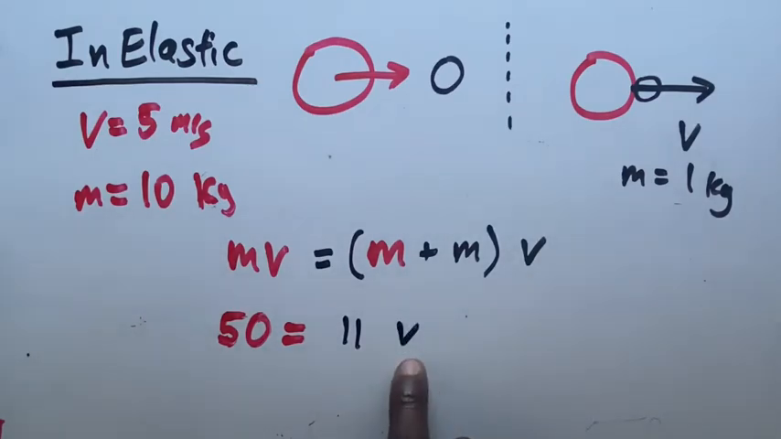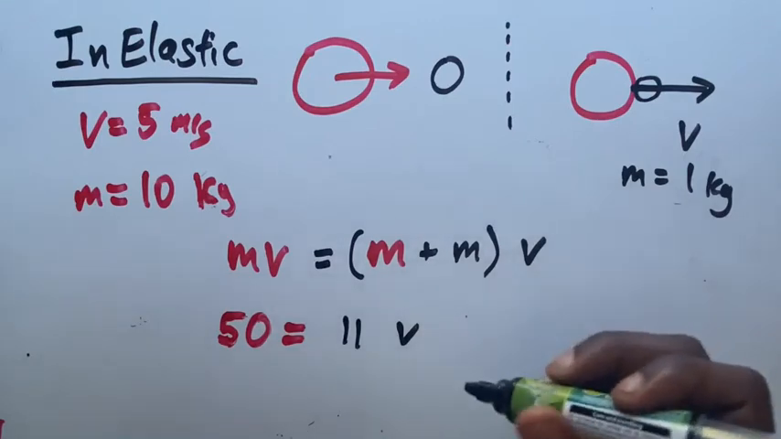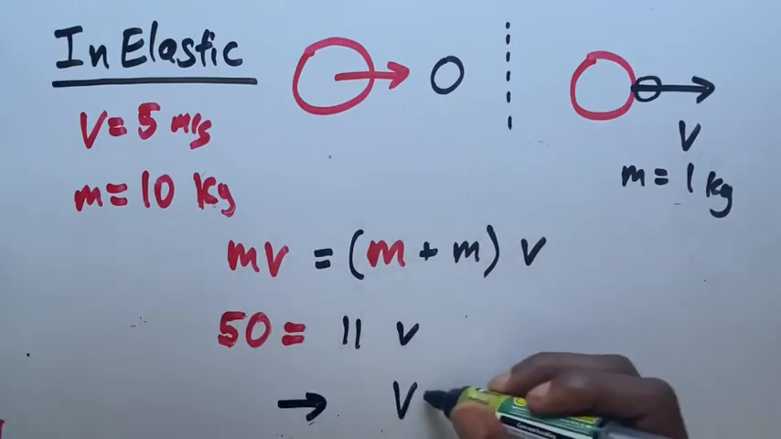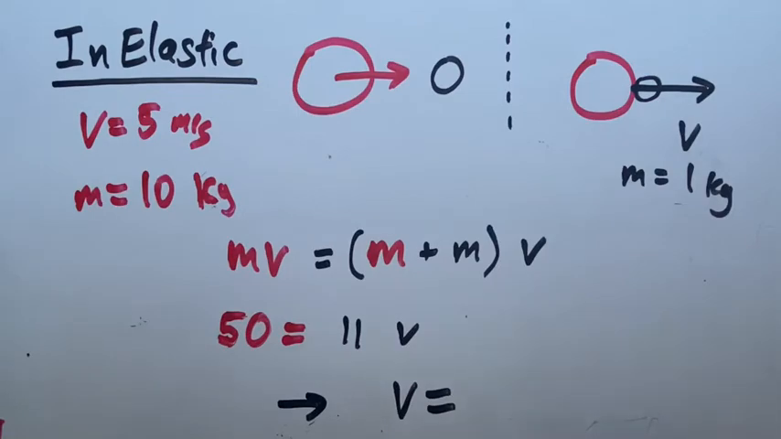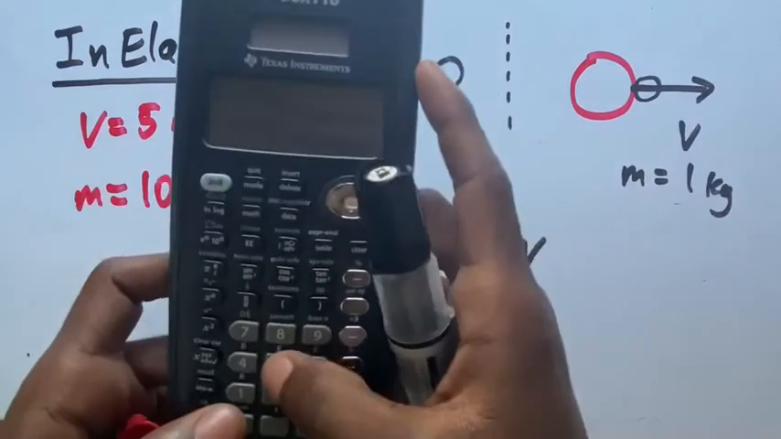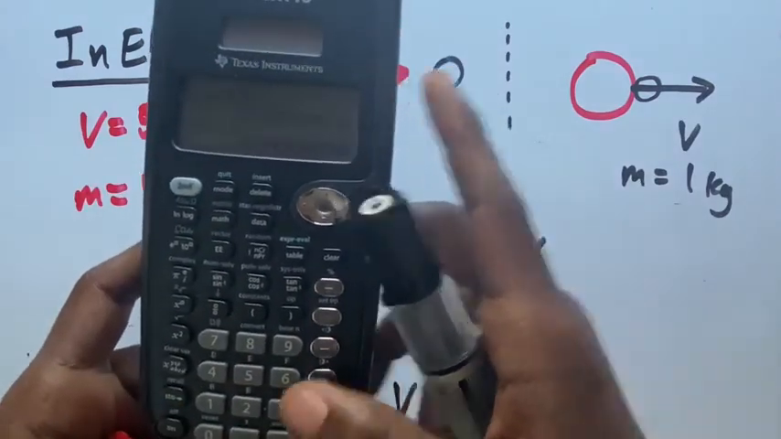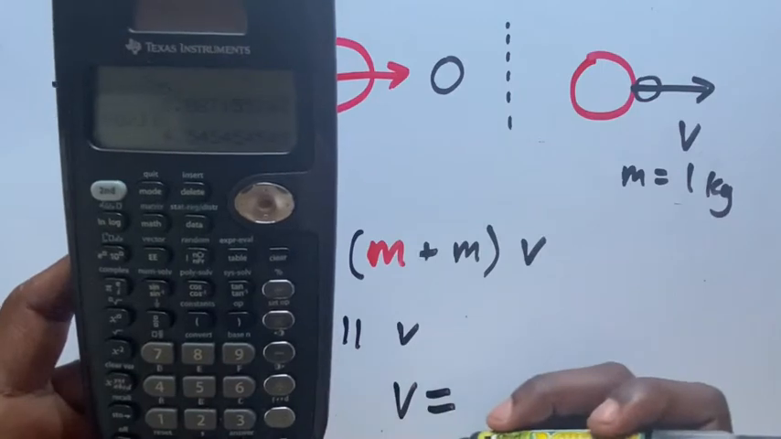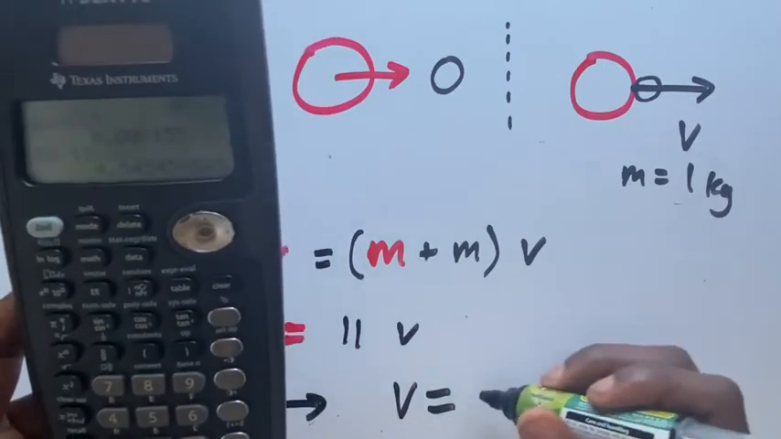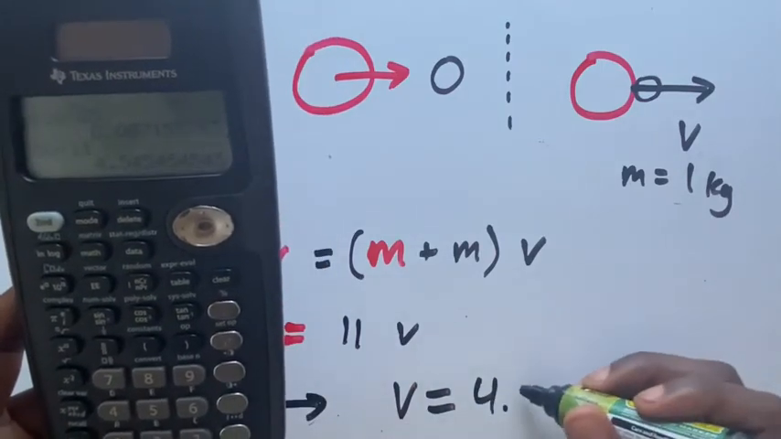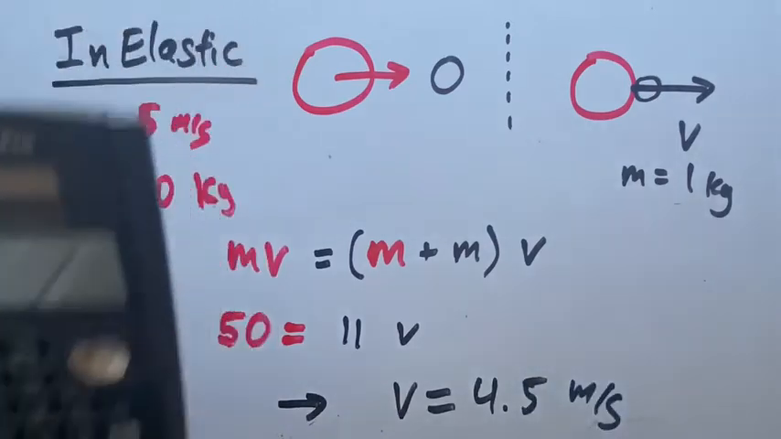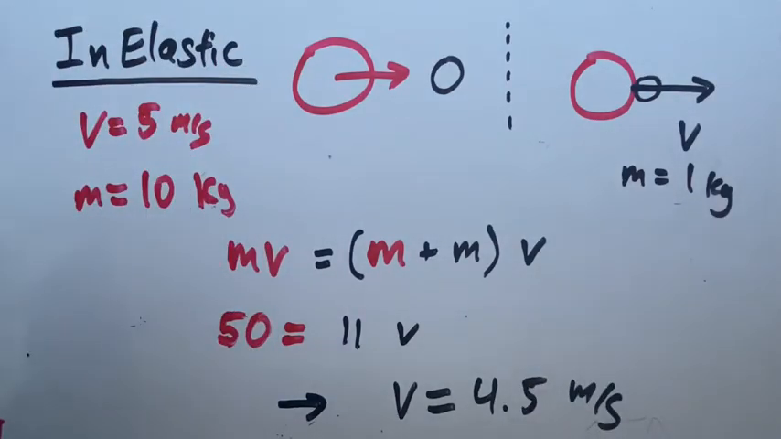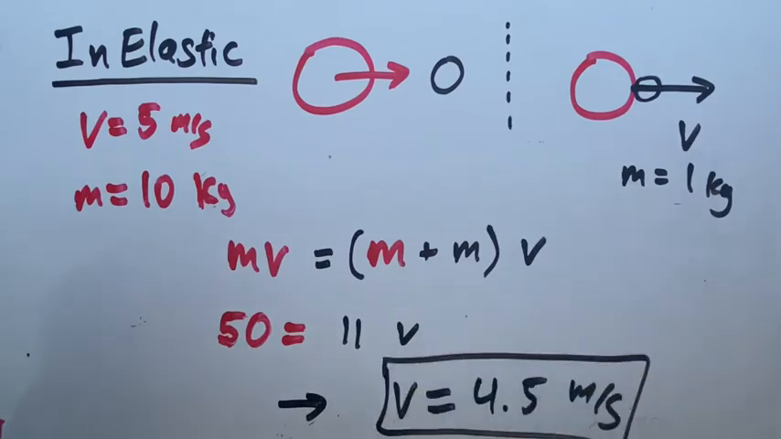So now solve for that velocity. We divide 50 by 11, and we get the velocity is going to be, well, let me use my calculator. 50 divided by 11 is 4.5. Let me say 4.5. So now, after they stick to each other, the final velocity after they've collided and stuck together is 4.5